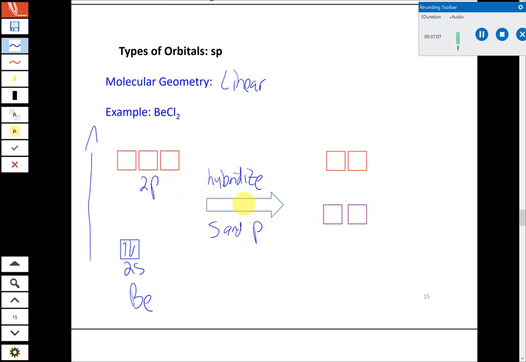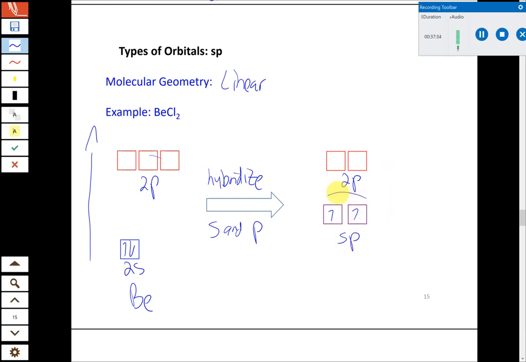Okay, so we're going to hybridize s and p. We're going to make what are called sp hybrids. So we're going to basically blend these two orbitals together. We're going to leave two of the 2p orbitals untouched. So we started with 4 valence orbitals on beryllium, and we're going to end up with 4, but now 2 of them are going to be a blend of s and p. And what this allows us to do is now the 2 valence electrons in beryllium are in 2 separate orbitals,